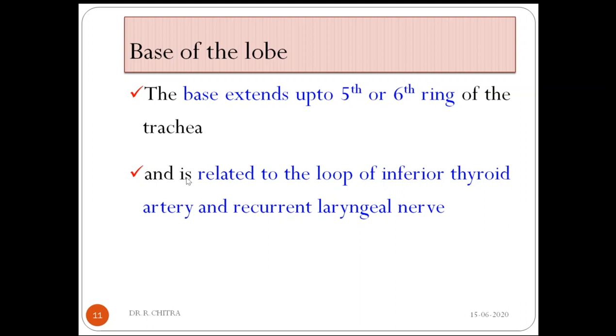Recurrent laryngeal nerve is an important nerve for all the intrinsic muscles of the larynx, except one muscle, cricothyroid, which will be supplied by the external laryngeal nerve. So if we are damaging the recurrent laryngeal nerve, we are in problem. So we should know how to put the ligature of the inferior thyroid artery near the gland.